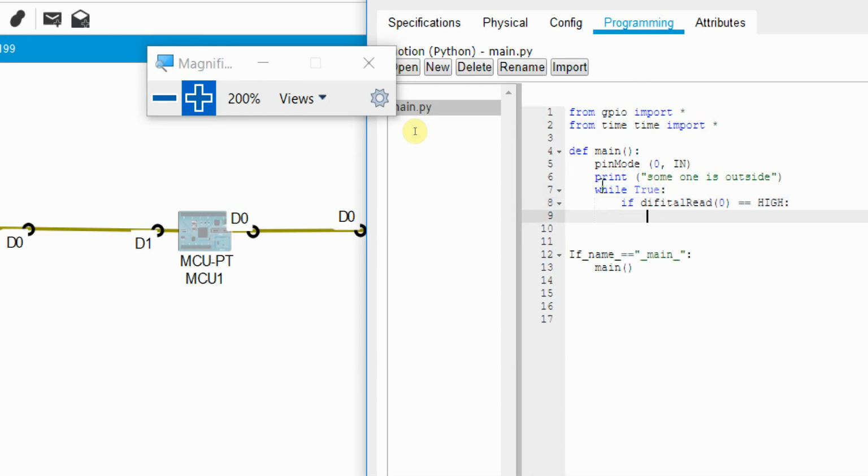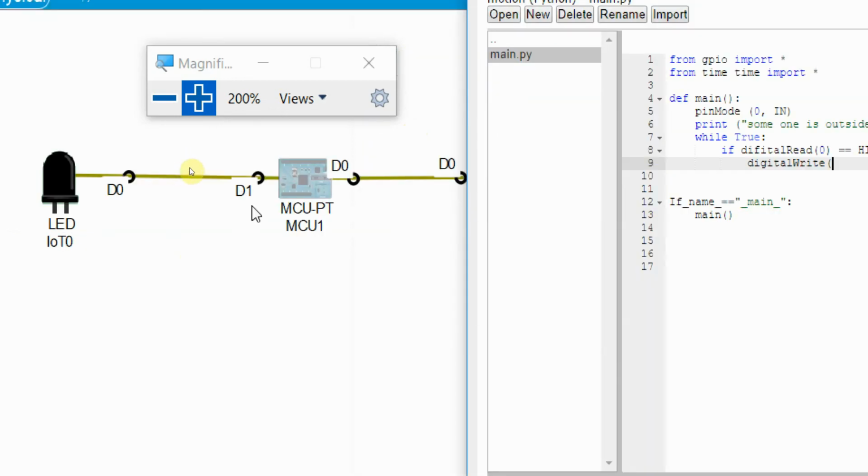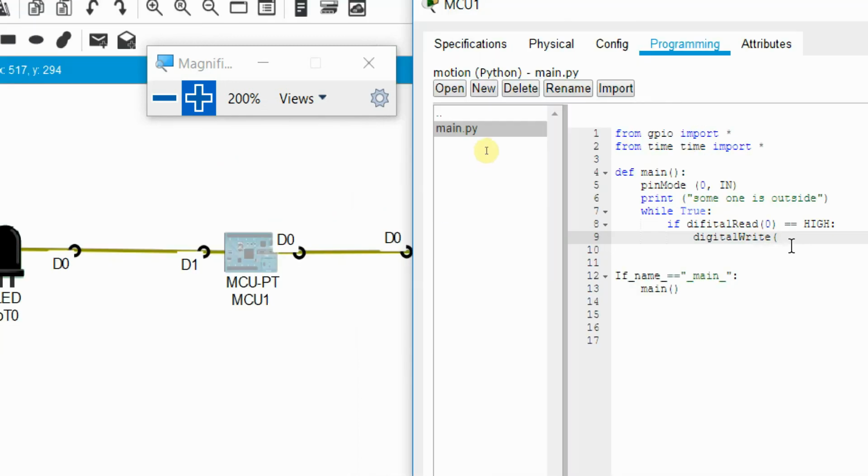It should digital write, so it should turn on the LED, right? It is connected with D1. If you see here, it is connected with D1. So I need to write 1 comma HIGH.